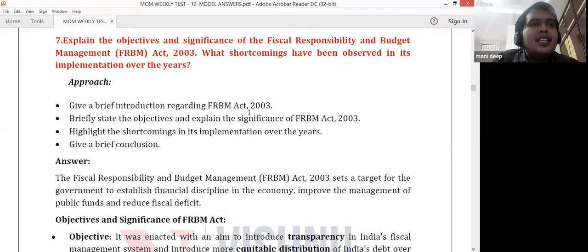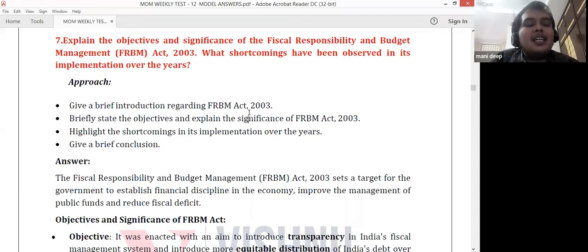Then the second part of the act, there is also this medium term strategy. So every government, if they are saying that we will reduce, say, fiscal deficit to 3% by 2030, and they are stating this in 2022, then they should also bring in medium term and short term plans: how will they reduce the fiscal deficit? What are their plans? Whether they will increase taxes or decrease their expenditure, and how they will prioritize and how they will leverage everything. So all this should be made into different plans. These are all made in the FRBM Act. These are all the commitments made by the government.